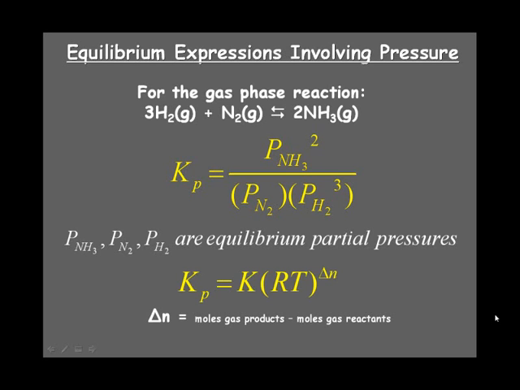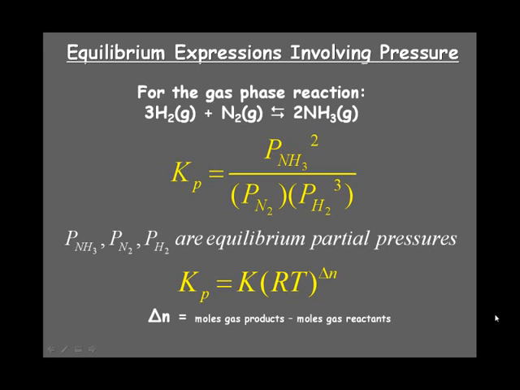Now we can easily convert from the Kp to the K and vice versa by the equation that you see on the screen. The Kp is equal to the K, that's the value that you get when you use everything in molarity, times the gas law constant times the temperature in Kelvin, and that whole RT raised to the delta N. And as you can see on the screen here, delta N is the moles of gaseous product, so you take the coefficients, so the example above would be 2, minus the moles of gas reactants,